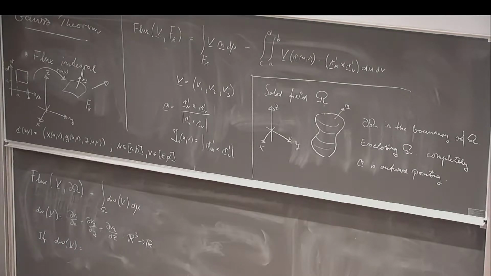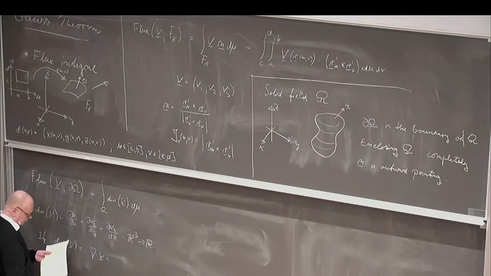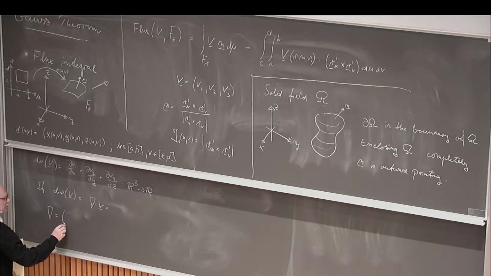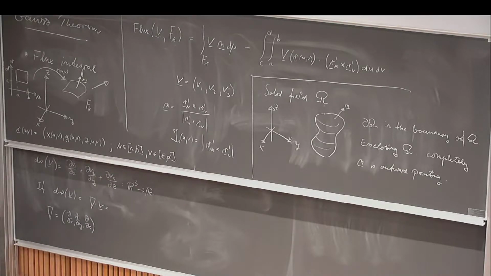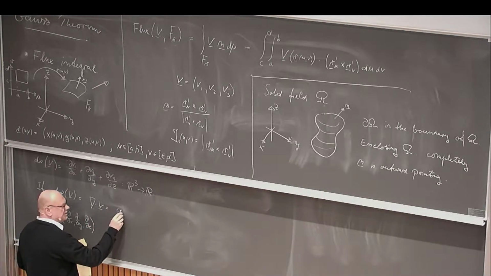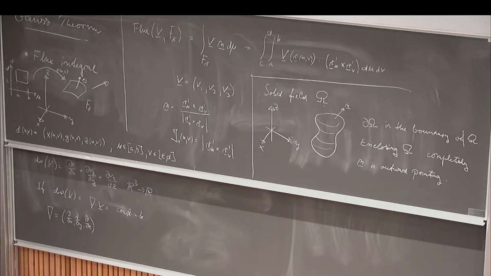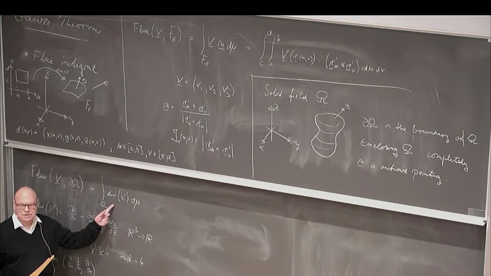Also, you write the divergence as this dot product, where you have the Nabla operator times v. You have seen this before. And the Nabla operator is d dx, d dy, and d dz. So, if this divergence is constant, equal to some constant, then this integral here becomes particularly simple,